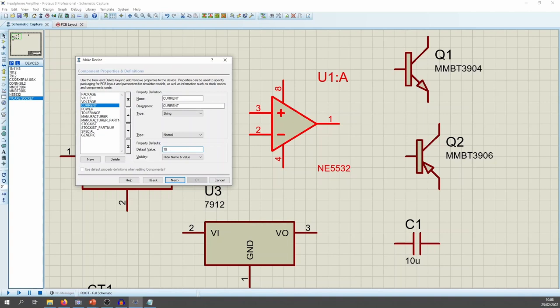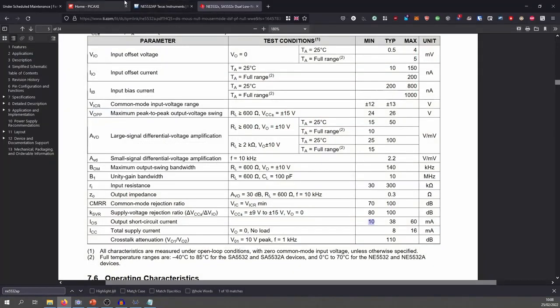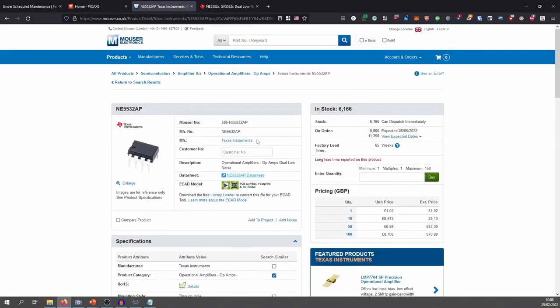That's the wrong way, isn't it? Power is not applicable. They'll all come with not checked in the field there. If you've checked it and it's not applicable, just put a dash, a minus sign. Tolerance is not applicable. The manufacturer, right, so now this is where we flick over here, and then it's Texas